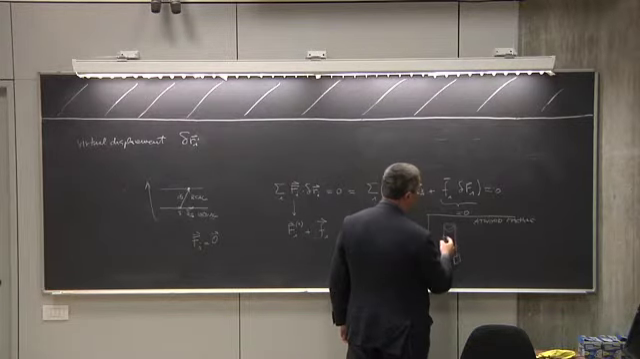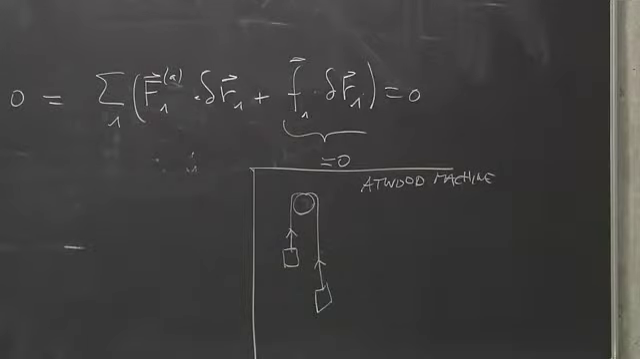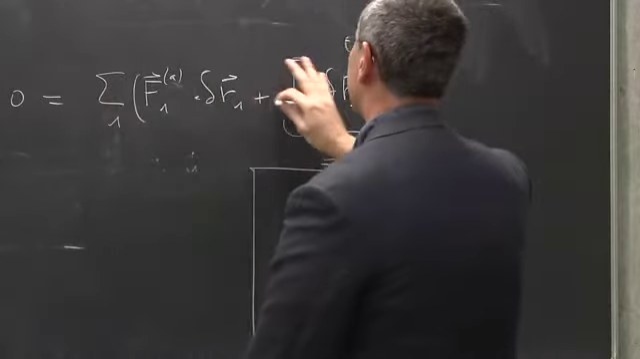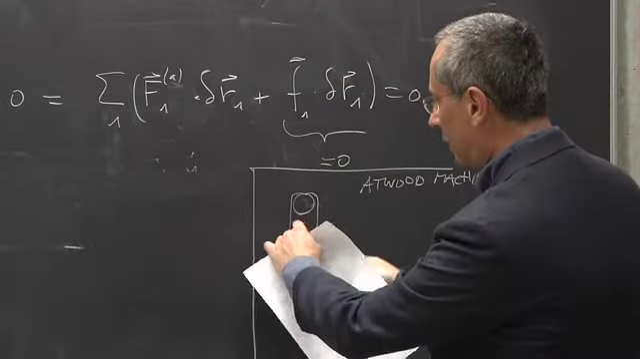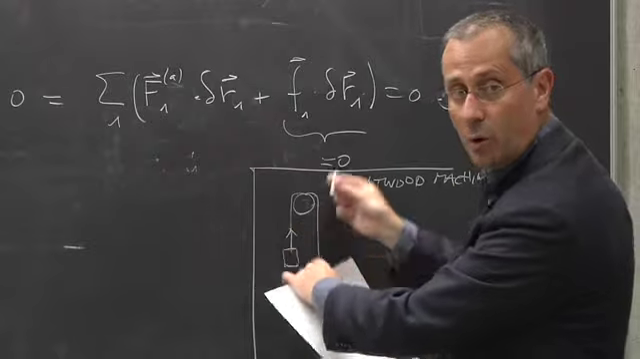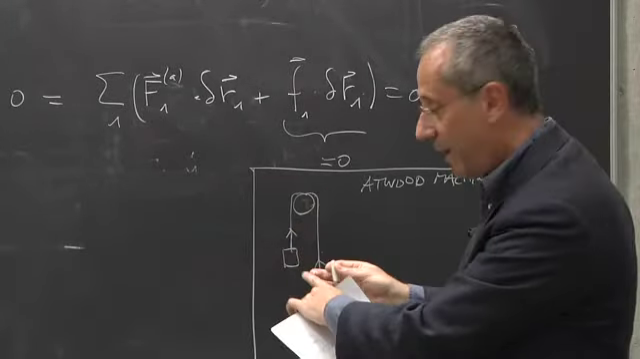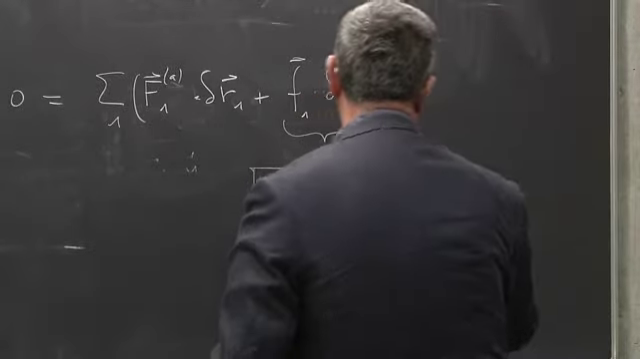So is this Atwood machine satisfying this condition? Think about it. Because I'm saying the net, you see, the sum of this must go to 0. And you see that they go in the opposite direction. So it's true that it's doing some work, but it's exactly compensated by the other. So that's okay. So the Atwood machine